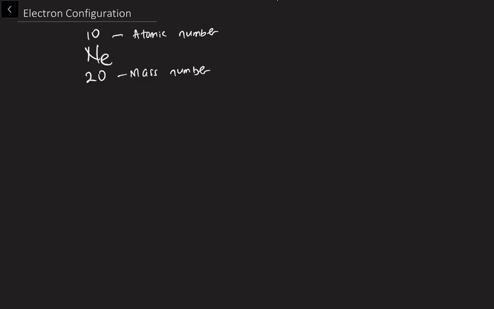Before we go into that, I'm just going to quickly break this down. The atomic number indicates the protons and the electrons. So in this case, if you have atomic number 10, it means you have 10 electrons. Right? So to write the electron configuration, we start with the first energy level and the first orbital, and that's